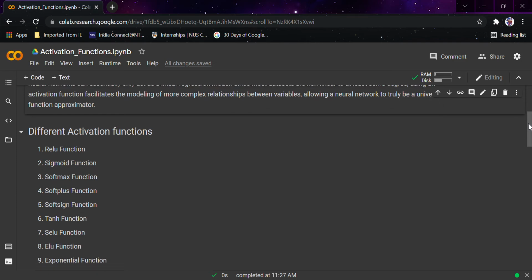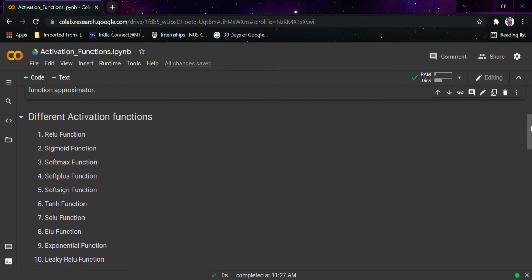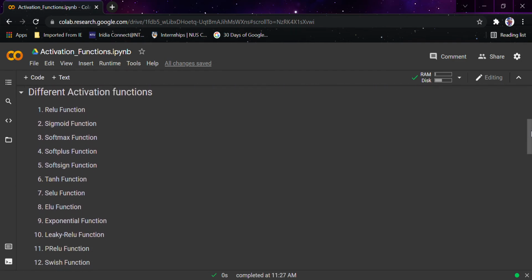Let's look at some different activation functions that are used in different models. First is the ReLU function, then sigmoid, the softmax function, the softplus function, softsign function, tanh function, SiLU function, ELU function, exponential function, the leaky ReLU function, PReLU function, and swish function.